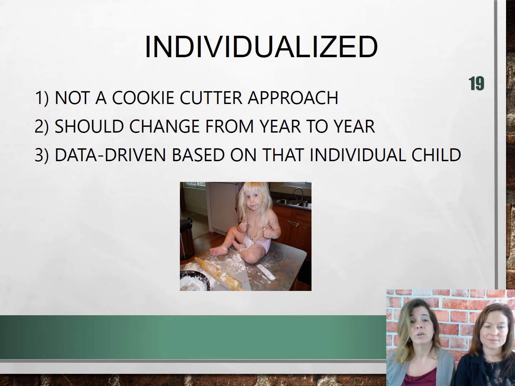Second, those goals should change from year to year because a child should be showing some kind of change in a year. Now, we talk about progress and we want it to be progress, but reality is sometimes that change is regression. Regardless of any reason for that, there needs to be some sort of change. You cannot use the same goals from year to year.